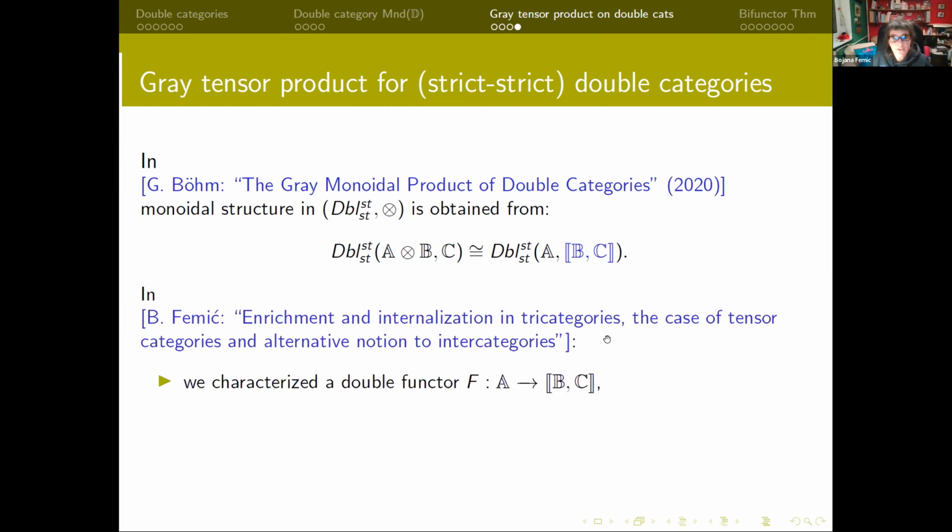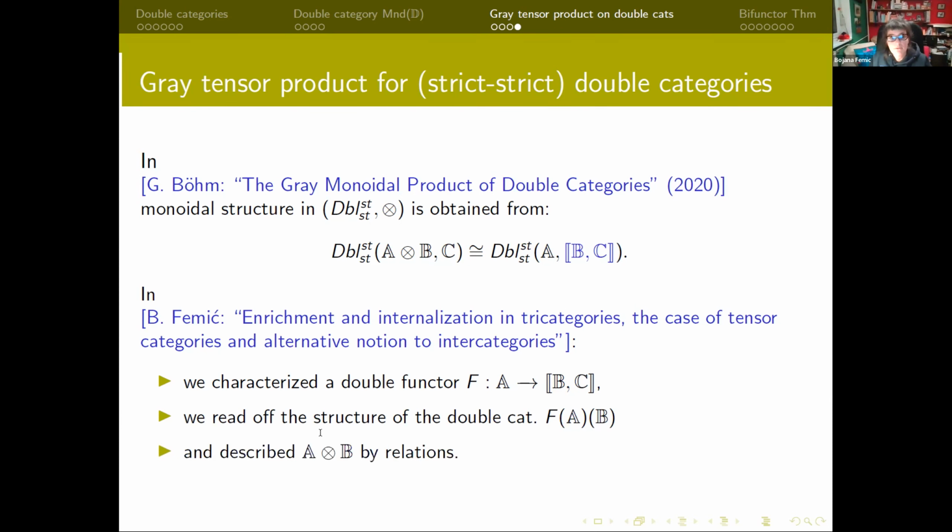In this paper, for some other things that I wanted to do, I follow Gray's recipe, so to say. I characterize the double functor into this inner home, and I read off all the structures there and the relations which would define these tensor products that we know exist. Okay, so this finishes. I just wanted to show this as how you search for this Gray type tensor